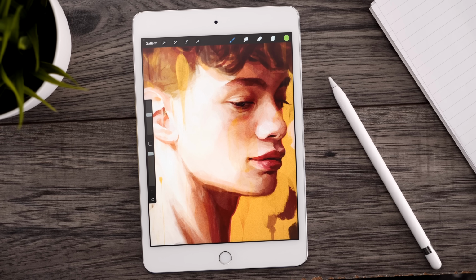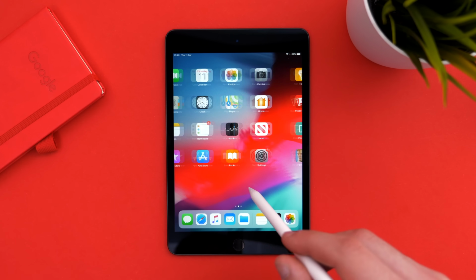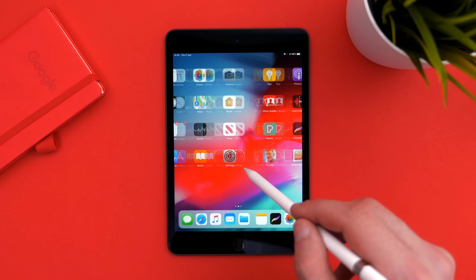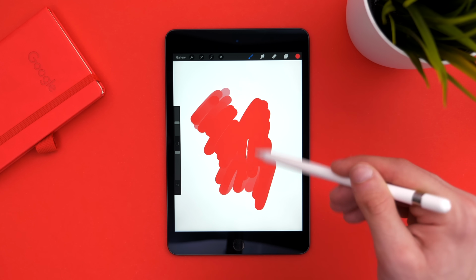Okay, so the biggest new feature of the Mini 5, which I'll get back to towards the end of the video, is finally support for the Apple Pencil. And while this is amazing to have, unfortunately one of my main issues is that whenever you're using the Apple Pencil, it just slides around too easily, and it feels as if you're writing on a piece of glass window. It doesn't feel natural. So you're lacking that extra resistance that you would get with something like a real piece